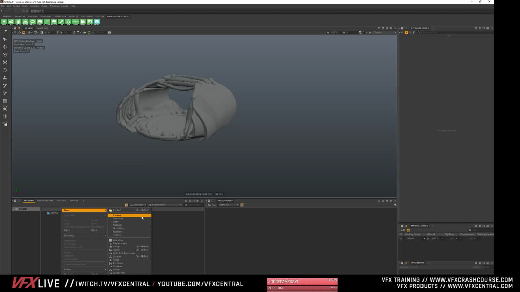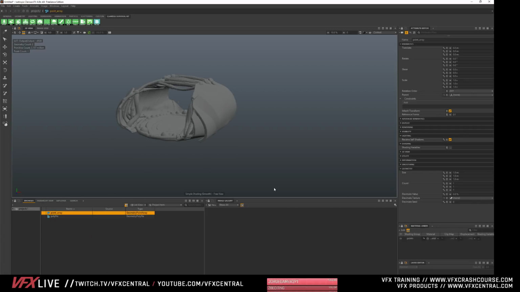So let's just create a scatter. If you guys are using Cinema 4D with Octane, you do scattering, exact same thing. So you come in here and you can do these point arrays. So we'll just use a point array, and we have to say how big we want this thing, and the count. So let's say 200, let's just do one on the Y, and then 200. And then we're going to make this go 5. Actually, let's go 1.5.